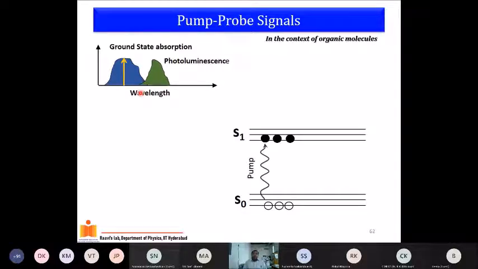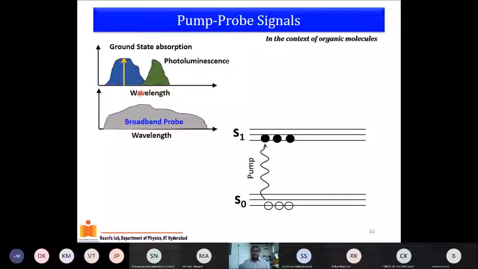When you excite with the pump, which is at the actual absorption maximum, what you ensure is that the population of the ground state is taken into the excited state. So here, this is what I'm showing. You excite and you take the population of the ground state to the excited state. Next, you come with a probe, which is broadband, but you delay the probe. You delay the probe and you start seeing how the transmission will behave as a function of the spectrum.